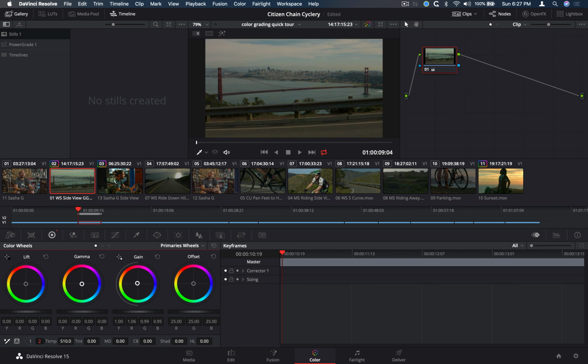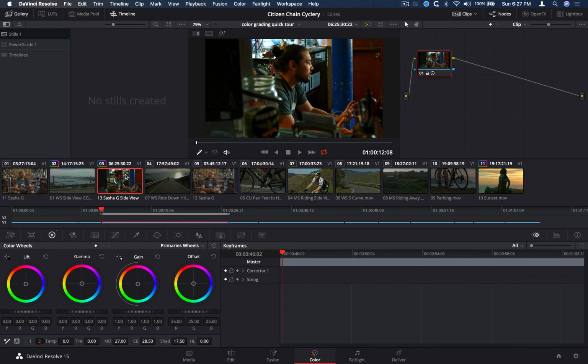This correction here, or this hue correction here, affects the entire image. Now, secondary color corrections isolate only parts of an image to make very specific changes to a particular image area. So for example, you turn everything black and white except for one object. So let's do a secondary color correction to something that's much more common. Let's get back to our third clip here. And we'll use a secondary to bring down the saturation of this